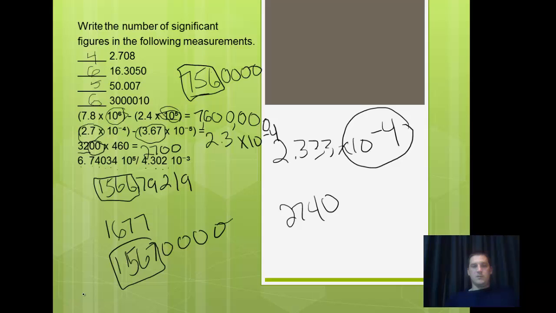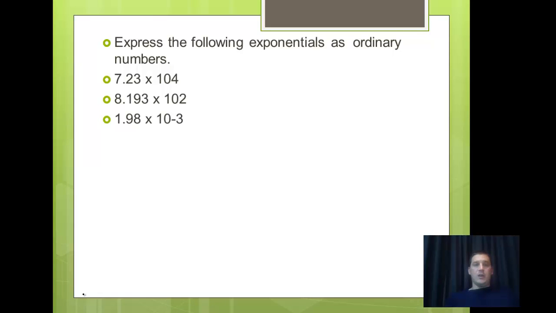So we're going to express the following exponentials as ordinary numbers. So we're going to take these numbers out of scientific notation. Sorry, these aren't as fancy as the other ones. I forgot to put them as superscripts. So it should be 10 to the fourth, 10 to the second, 10 to the negative third. Okay, so we're going to write